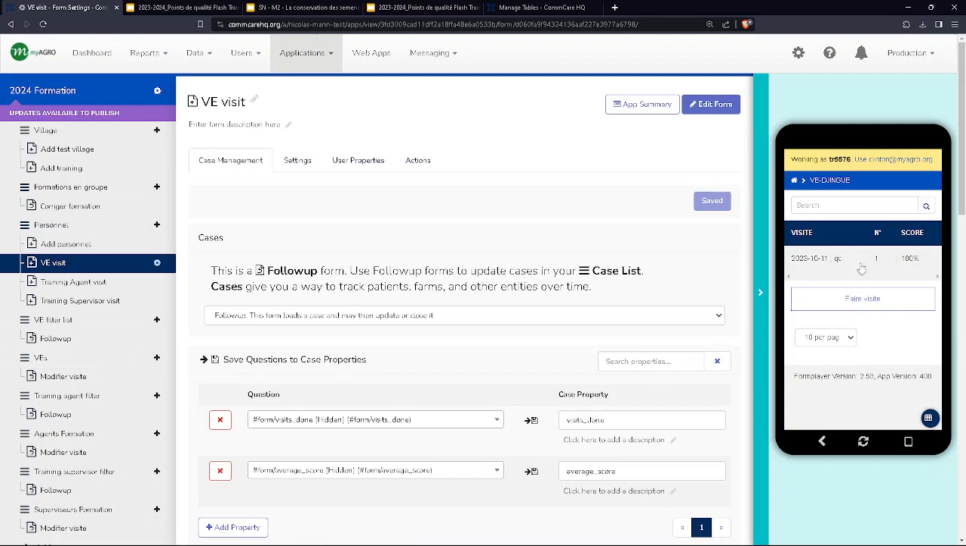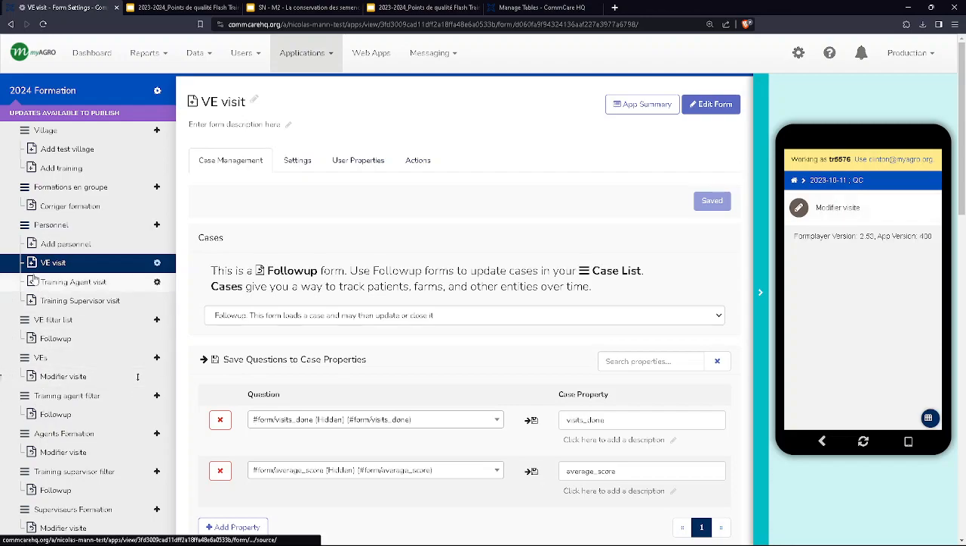But then I can also click on this visit that's already been done. So what is this doing? If I click on that, now I'm seeing a form, Modifier visite. So this is not the visit form. This is actually this form right here. So if I click on that,